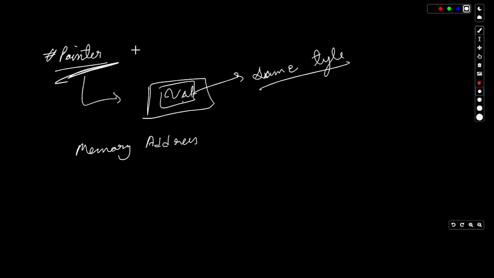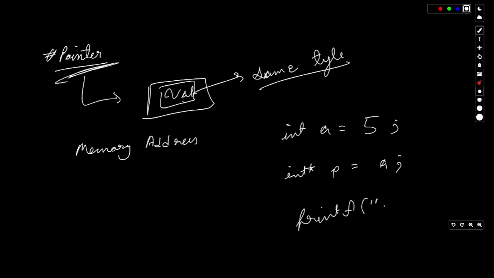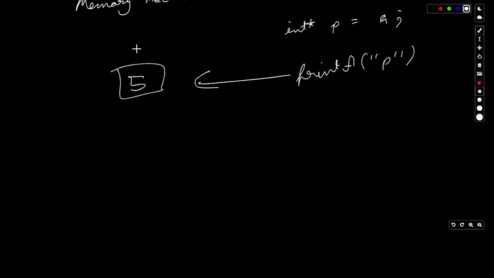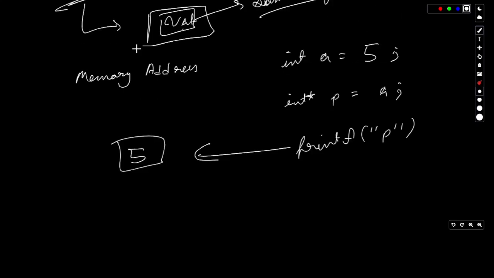So if I'm saying int a equals 5, and now I'm having an integer pointer, let's say p equals the address of a. If I print p, what we will get as an output will be the address of a somewhere in the memory block.